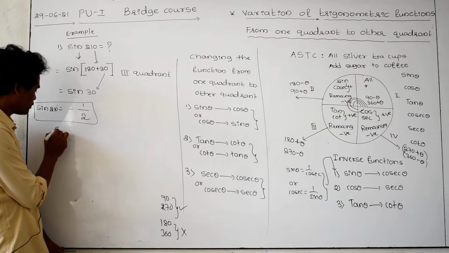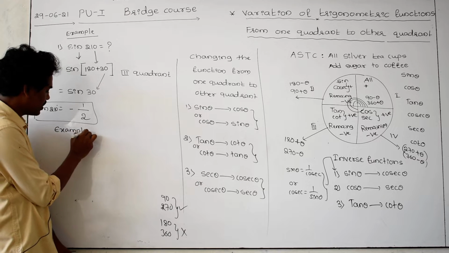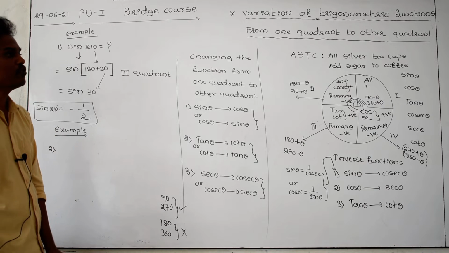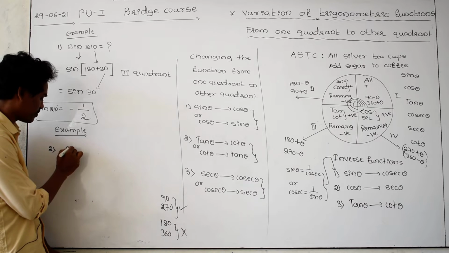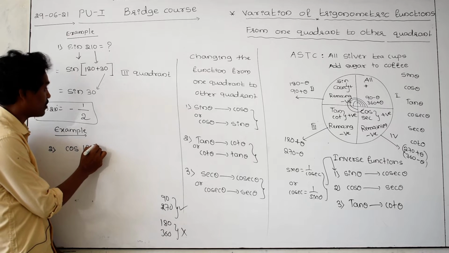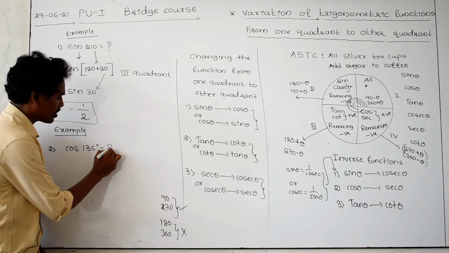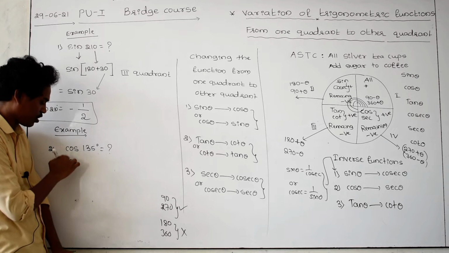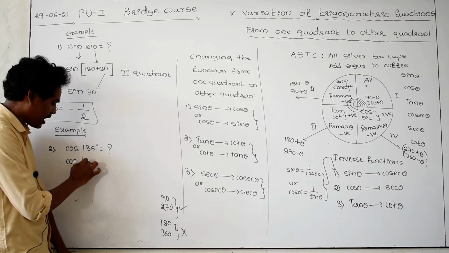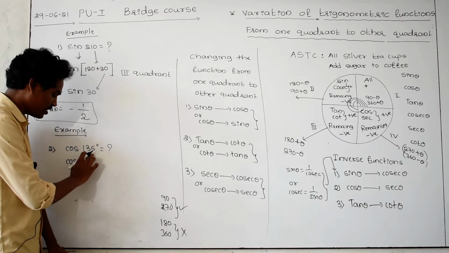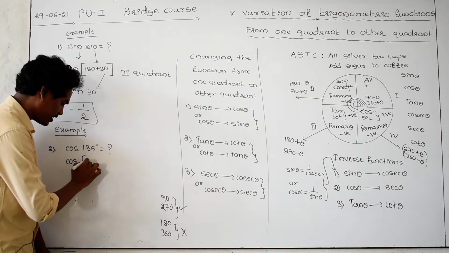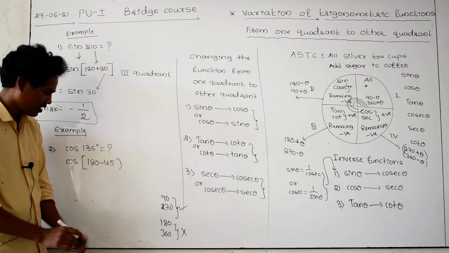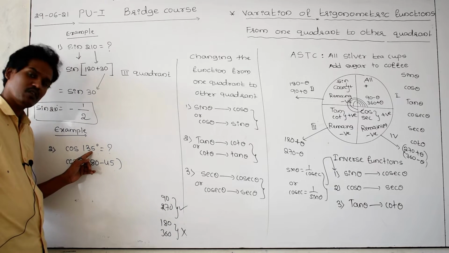And let's go to one more example. One more example I am going to discuss now. What is the value of, for example, cos 135? What is the value of cos 135? I am writing this one. Let us take it carefully; you are observing cos as it is. 135, I am writing it like this. How? I am writing 135 as 180 minus 45. Yes, is it right? 180 minus 45 is equal to 135.